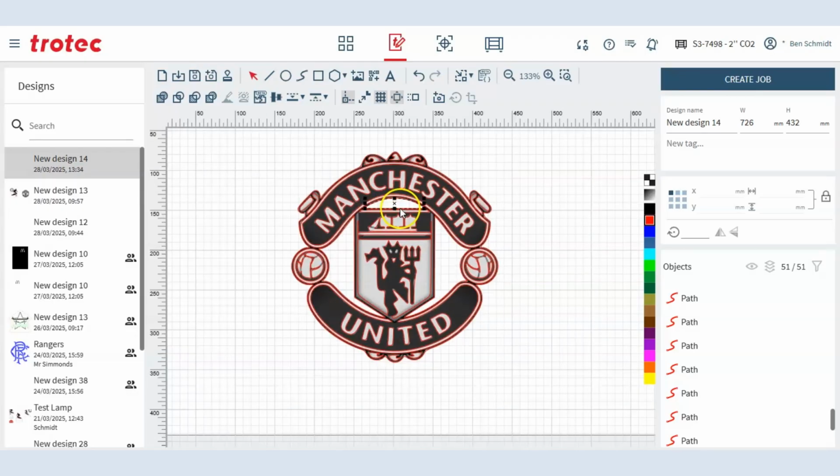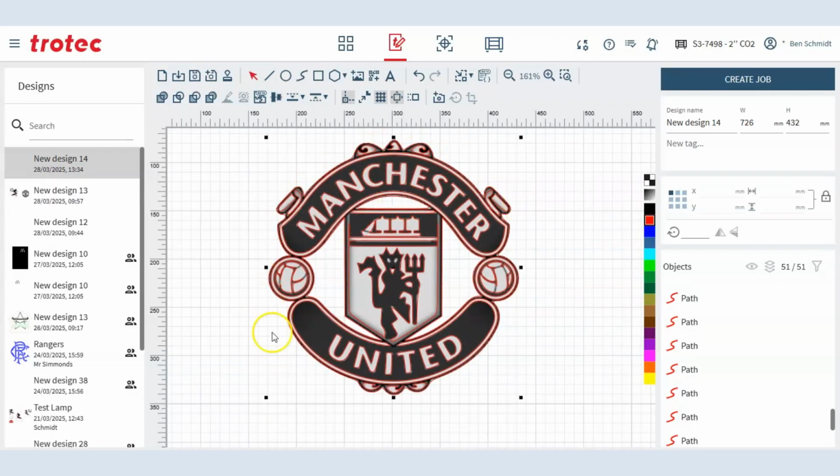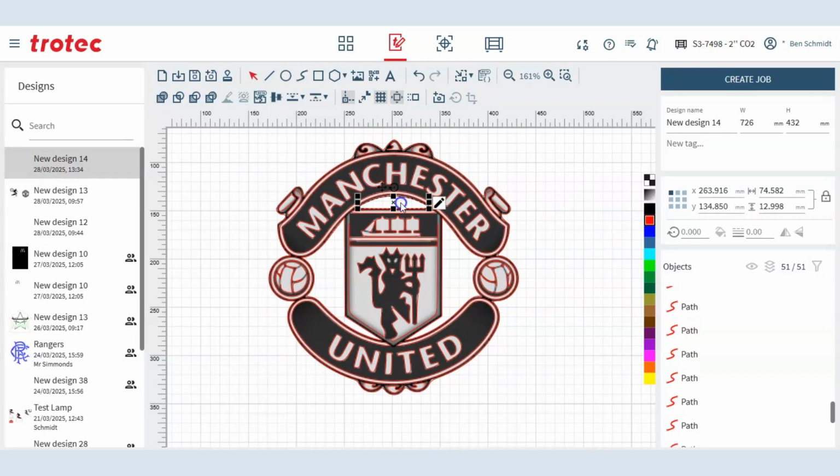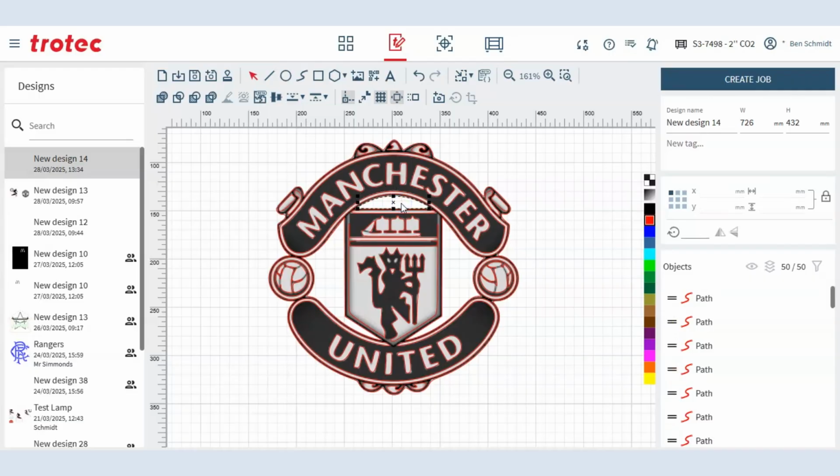So with this, let's say I just wanted the red border to cut. I could go in here, I could click on that and hit delete, and my red lines are gone. So it'll still etch there, but it's not going to cut them. And I could do that for any of the red that I don't want it to cut. Okay, so that's one thing you can do, work your way around and get rid of red lines